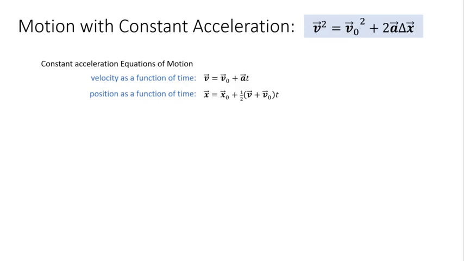First of all, I'm again starting with those same two equations that we started with last time: v equals v naught plus at, and then x equals x naught plus 1/2 (v plus v naught) times time. Okay, so starting here, the first thing I'm going to do is get rid of time. That's my goal, right? I want to get rid of that t. I do not want that in my equation.